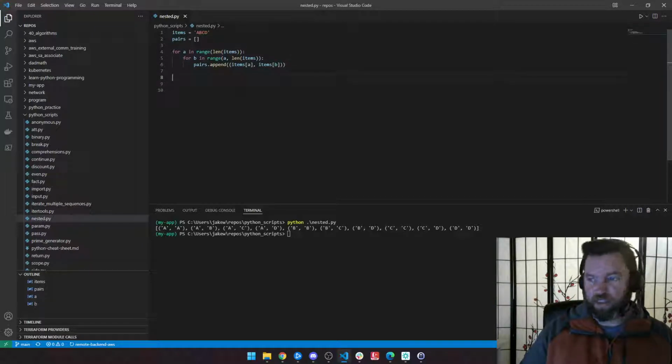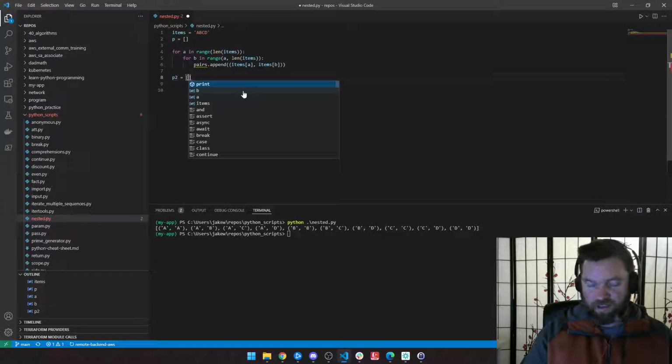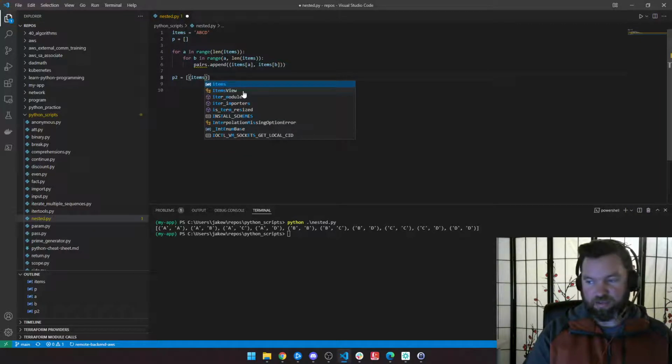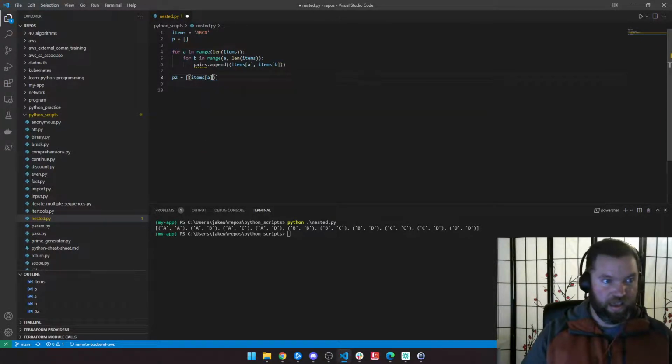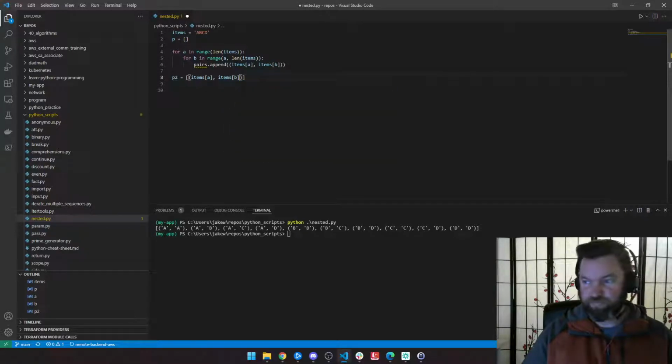We'll make a pairs 2. I don't like typing out words like that. Let's just say P. You should make meaningful variables, but I'm not doing that right now. Okay, so P is going to be items A and items B,